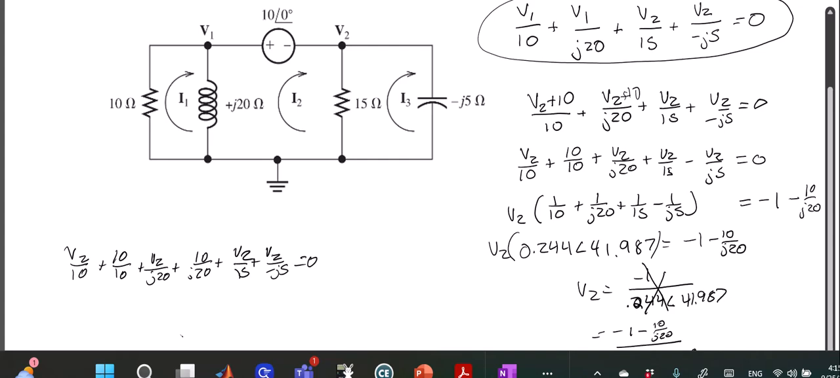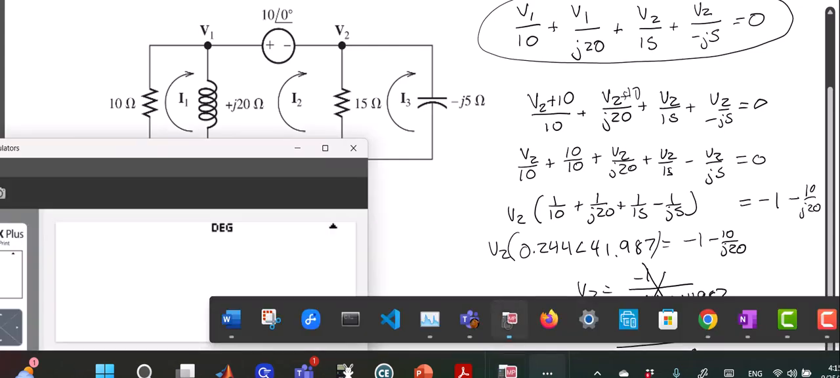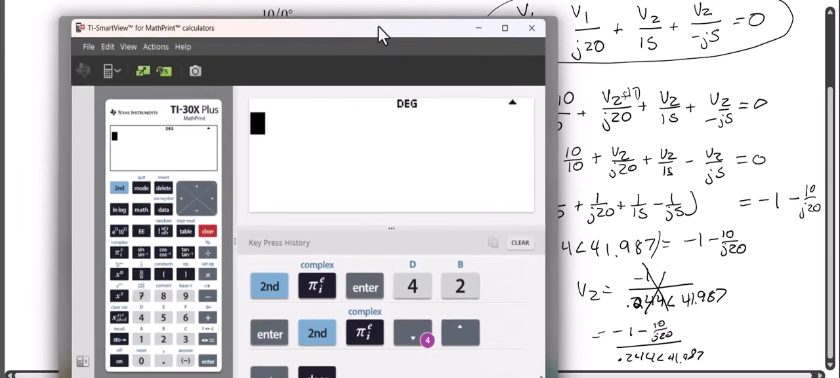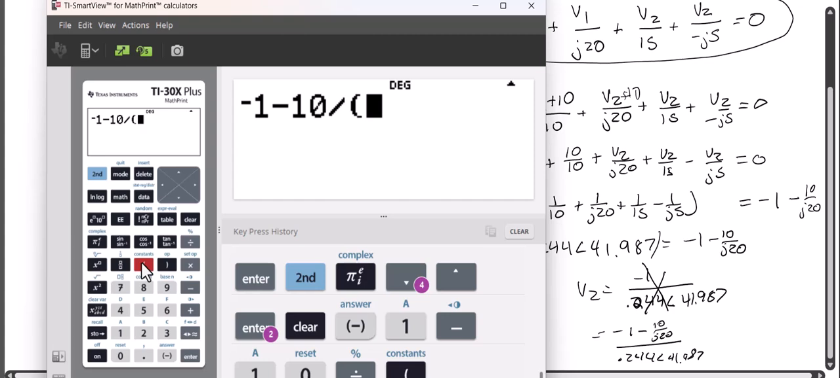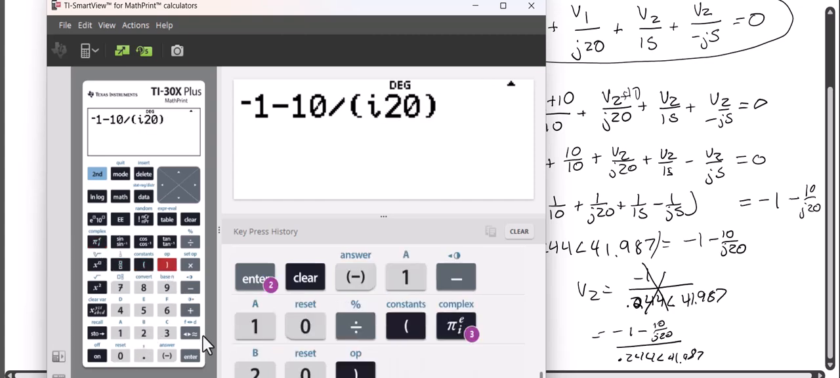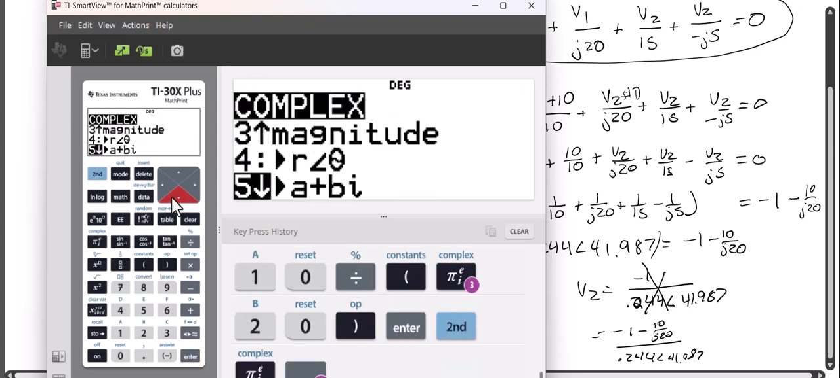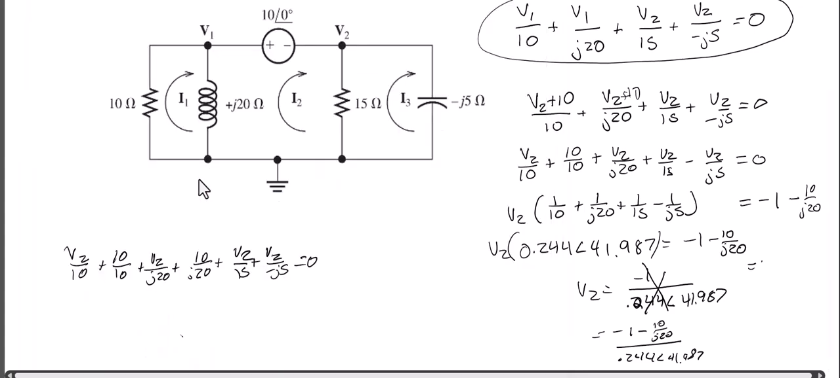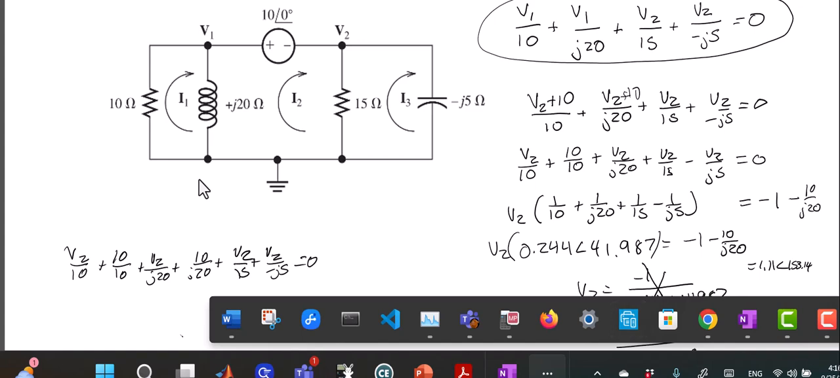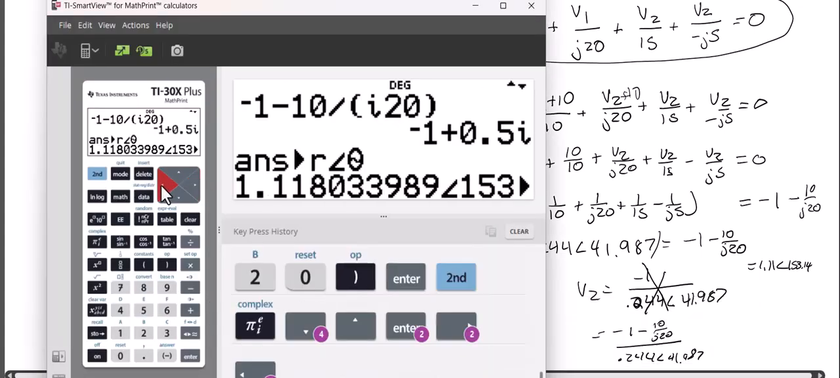So this side is 1.11 angle 153.4. And the other side was